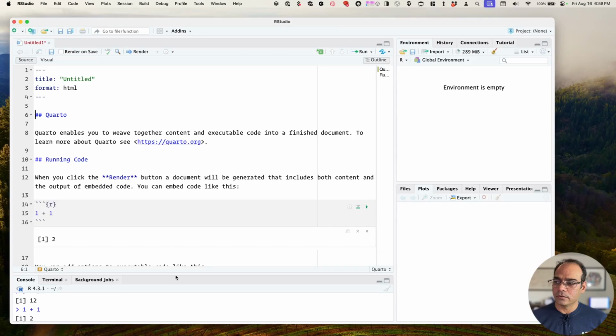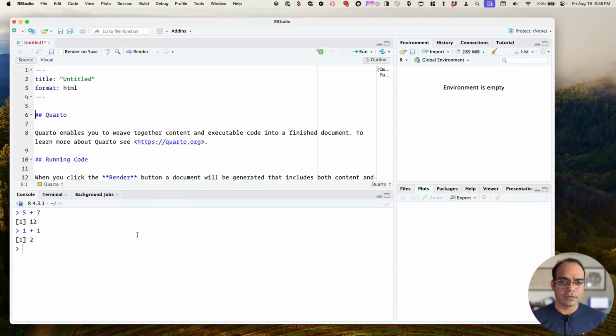Then console, very critical. Console, everything happens here in the console, right? So console is an R console. It is going to execute only R commands. It cannot execute anything else. For example, if you want to